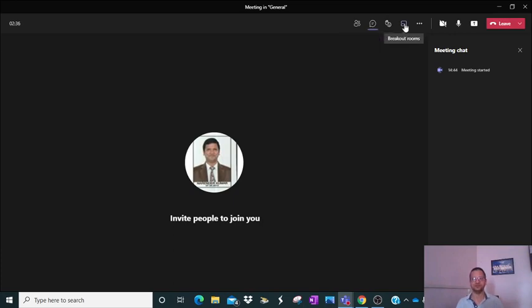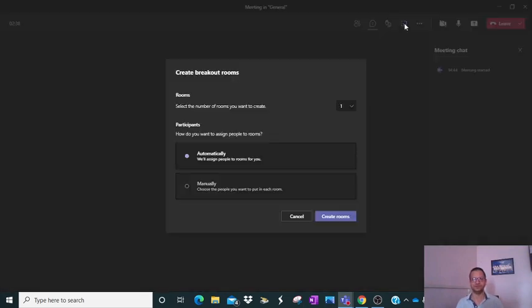This is the breakout room. In order to use it, we are supposed to have a number of participants. Then accordingly we choose the rooms. For example, I click on 5 rooms, automatically or manually I want to add. In this way I select for a class. Suppose I have 25 students, I want to make groups of 5. In one group 5 students will be there, so create room.